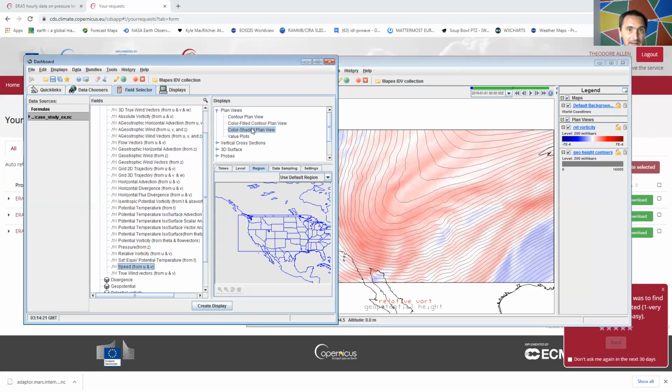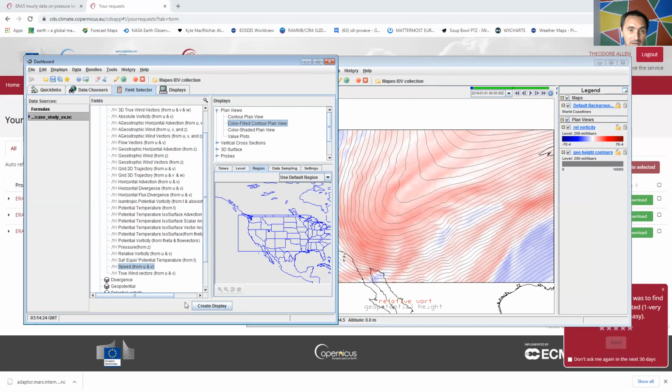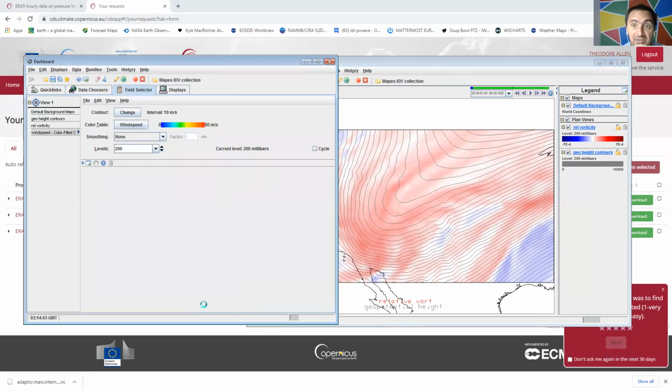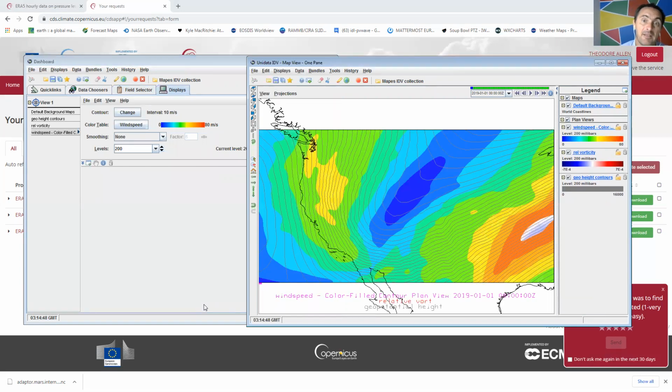And I want speed and a color field contour. So here's what I want. Color field contour, all my times, all my levels, my region, create display. Now it knows where to look magically. I actually thought you had to locate it yourself, but it knows. Look at this. It looks hideous. Let's clean this up. This is from 0 to 80 meters per second. We wanted only from 60 or greater than 60, okay? So this interval, 10 meters per second,